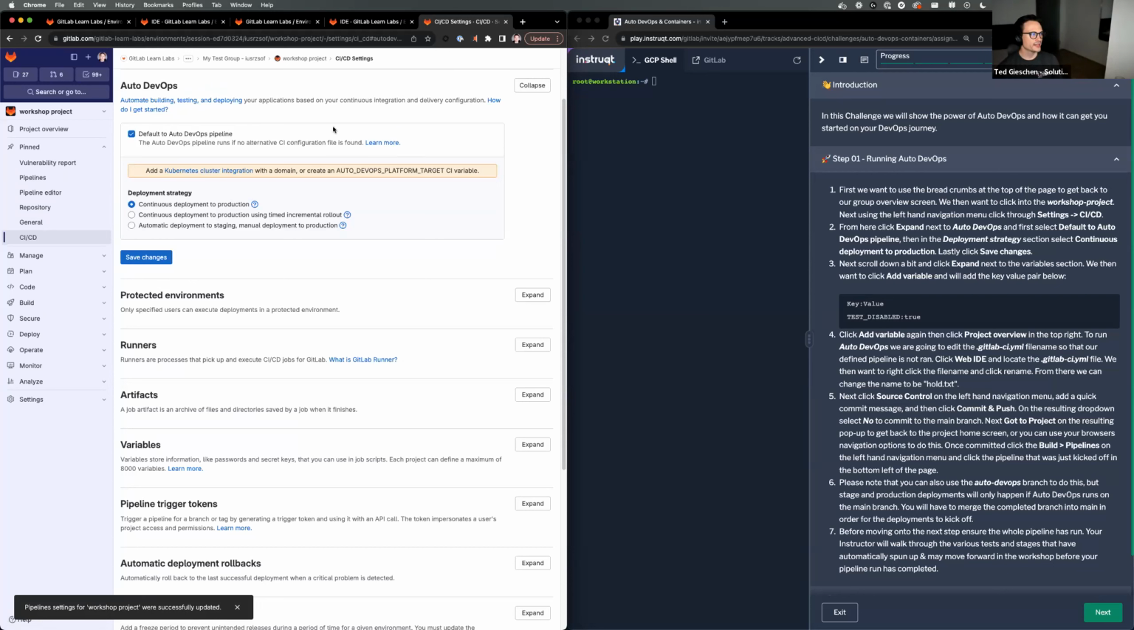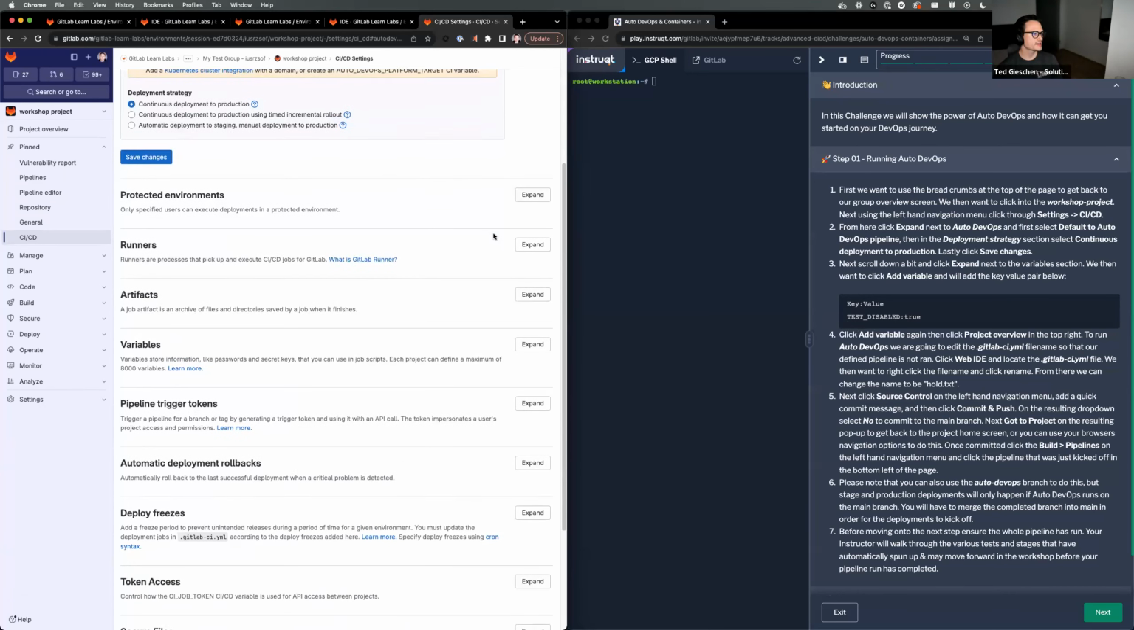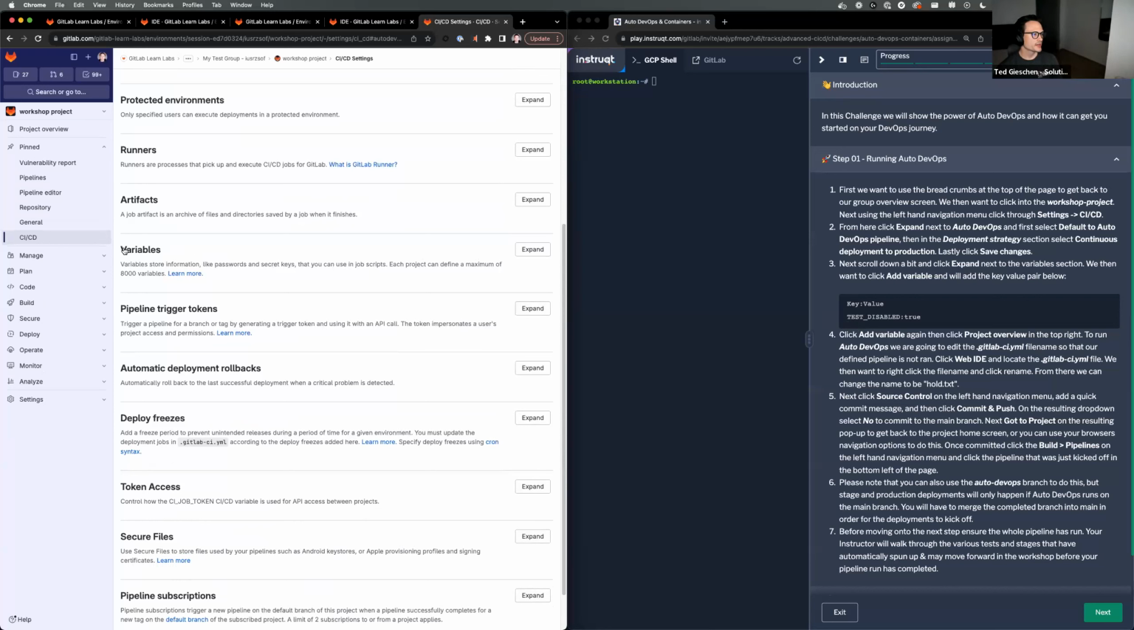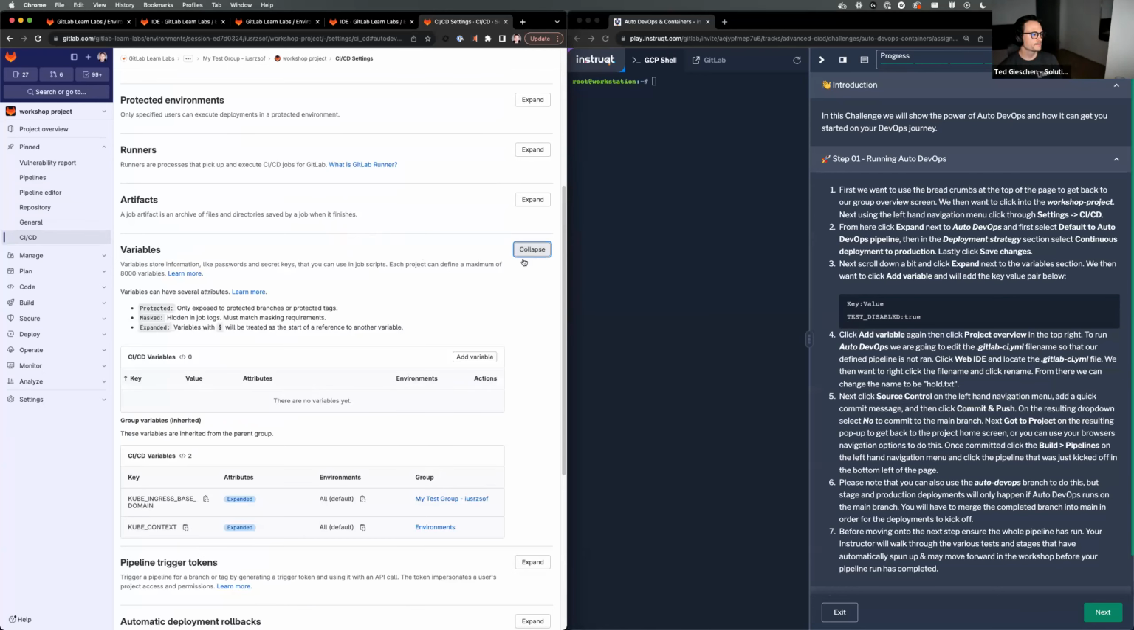Now, that enables Auto DevOps, but what we want to still do is go ahead and do one more change to the variables. So this is going to be in part 3. We're going to scroll down, expand the variables section, and then add a variable that disables tests in here. So again, we have variables here as a menu item. If we just scroll down a little bit further in that same CI/CD settings section, and click the expand button, click the add variable button,